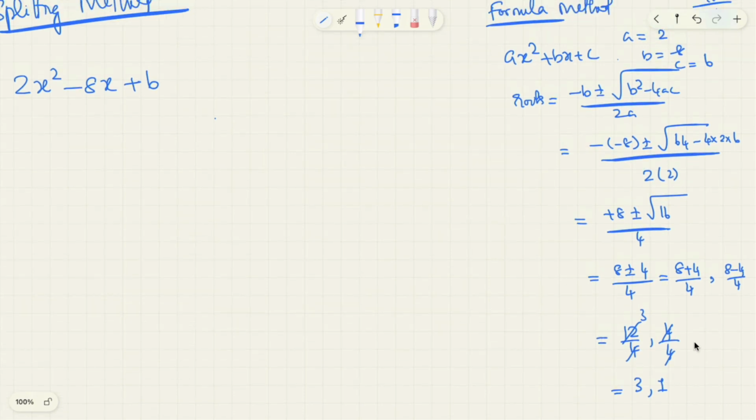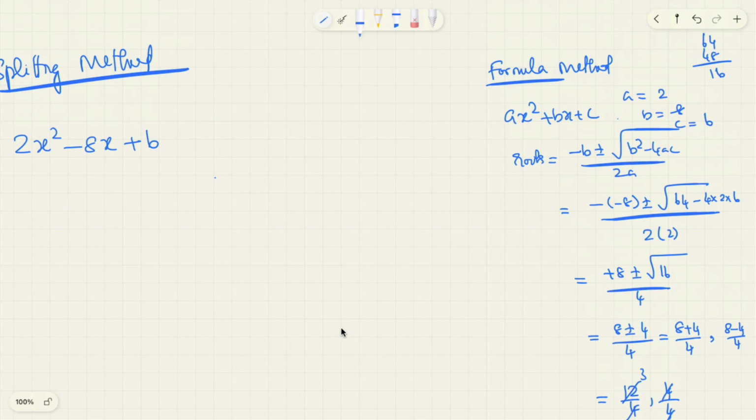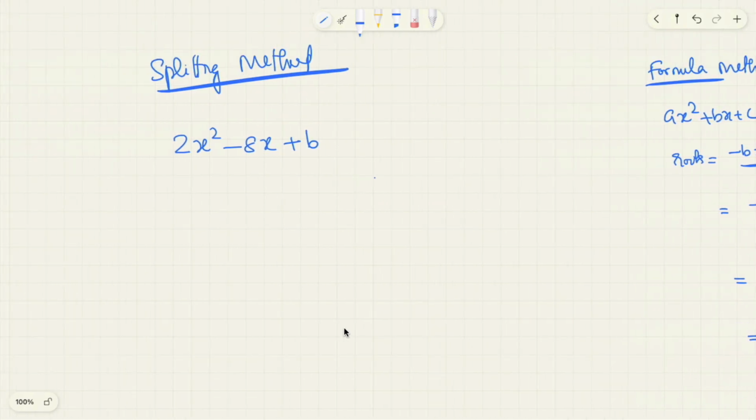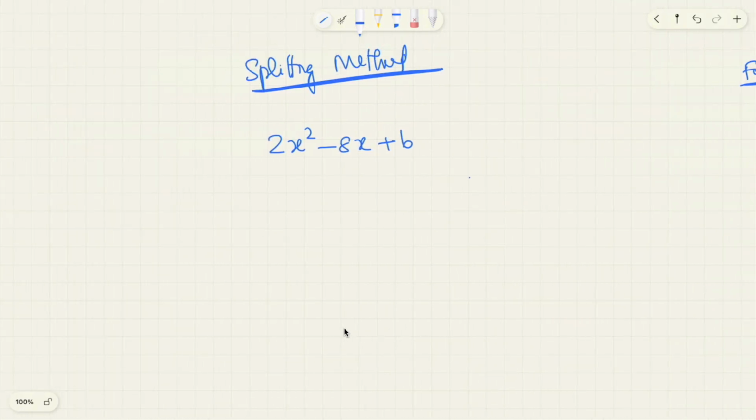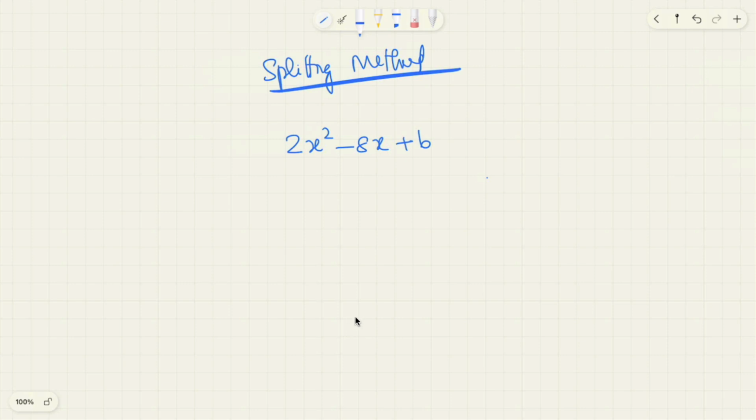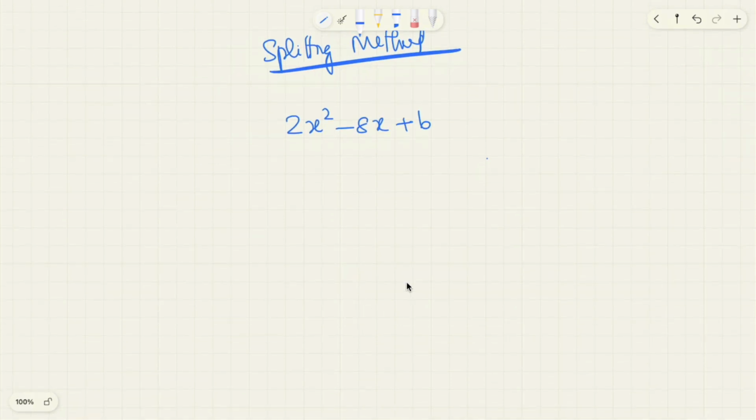So how are we going to obtain the same thing using something called the splitting method? How are we going to do that? Let's keep that aside and we'll work on this method. So I know that, let's call it p of x, then p of x can be written as